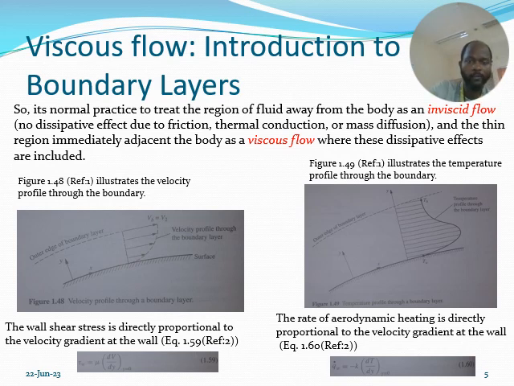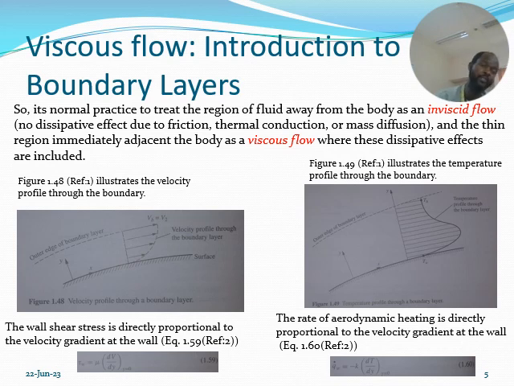Now, in practice we just treat the layer of fluid that is outside of the boundary layer as an inviscid flow. That is, we assume that the flow is inviscid in that region, since the velocity gradient is nearly zero, that is negligible. So we just assume that that portion of the flow is inviscid, and then the portion of the flow within the boundary layer, of course,